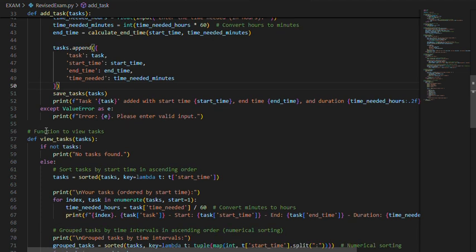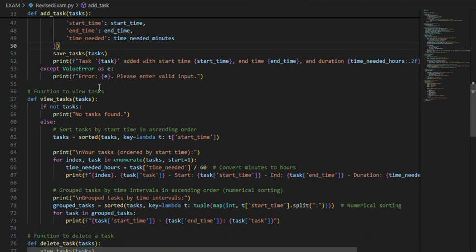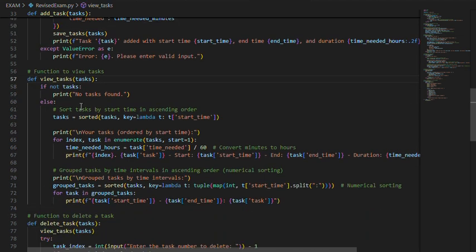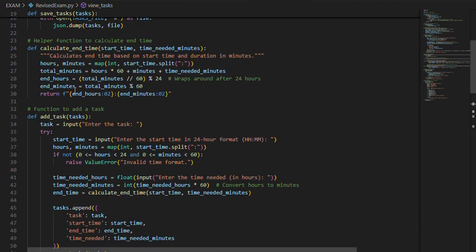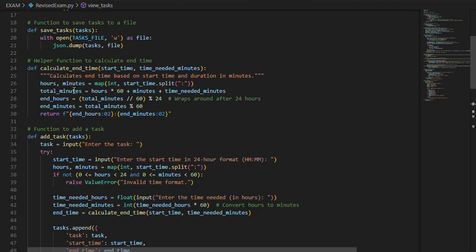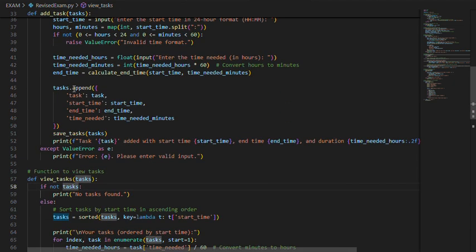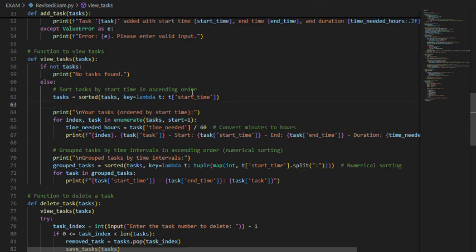The next is the view task function. For the view task function, we use the if else, and we use the for loop as well.